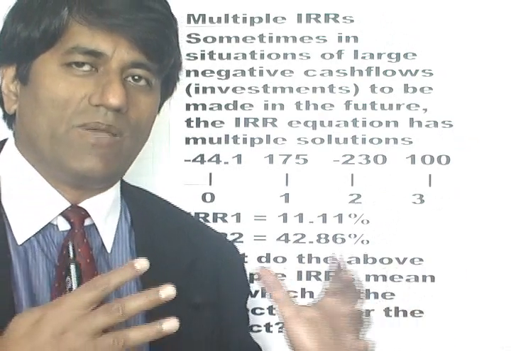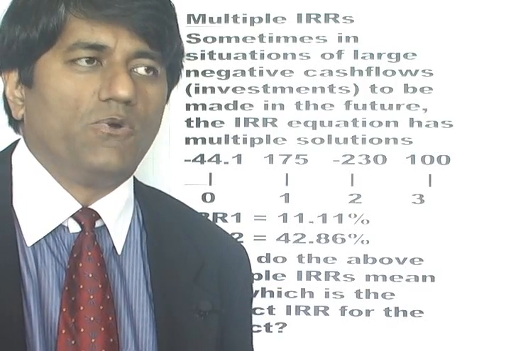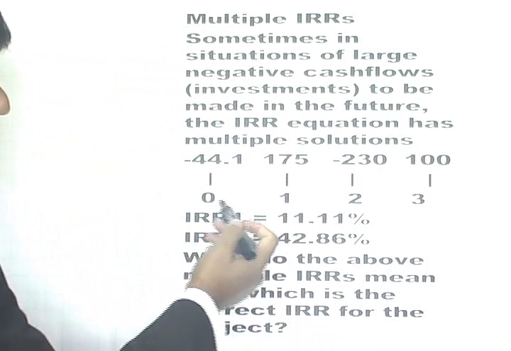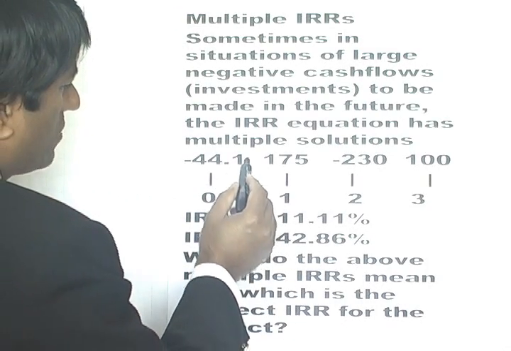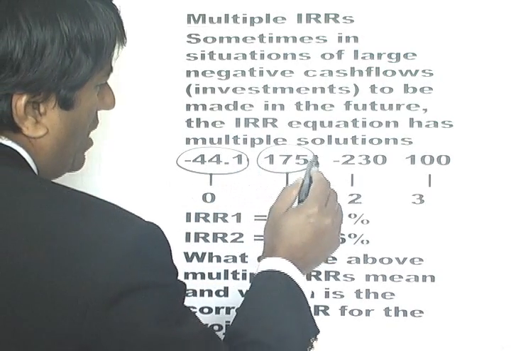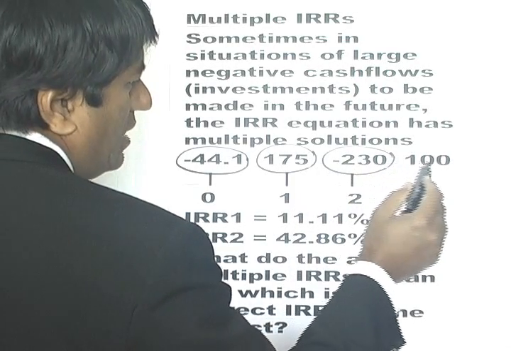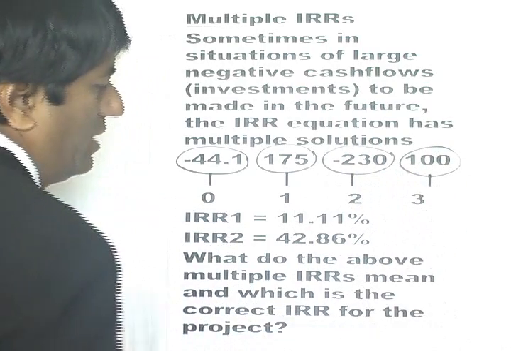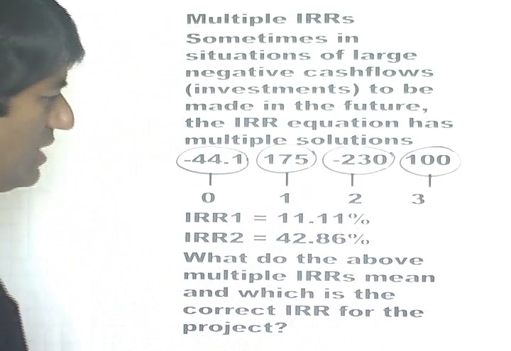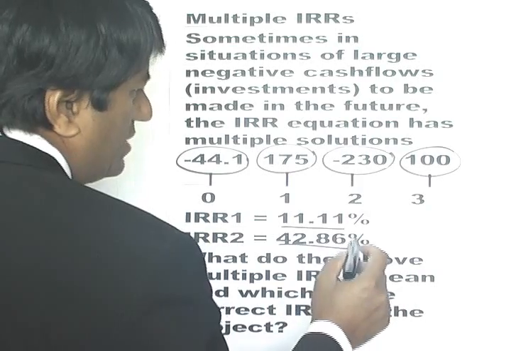The IRR equation is a polynomial, and it can have multiple roots. Sometimes you will find that there will be a very odd solution. For example, you look at these cash flows: you invest 44.1, then next year you get back 175, and then the year after that you again invest 230, and then you get back 100. Now if you actually go and solve these, you will see that both IRRs, 11.11 and 42.86, both of them solve